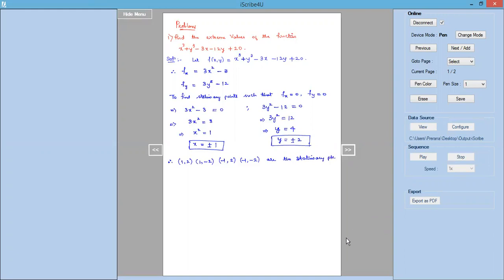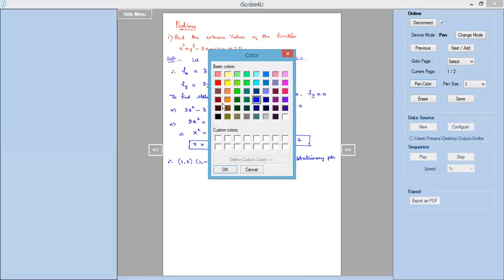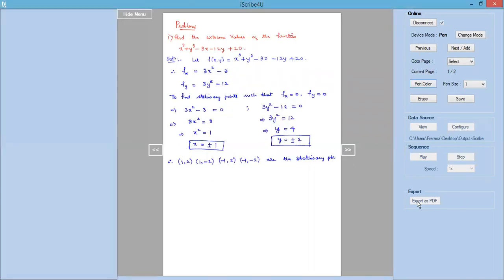Now let us find out the partial derivatives fxx, fxy and fyy, which are respectively denoted by capital A, B and C. So let us find out the second order partial derivatives. So fxx is equal to, we have fx as 3x square minus 3. So this we need to once again partially differentiate with respect to x to obtain fxx. So fxx will be 6x.